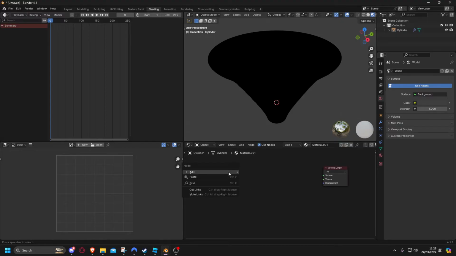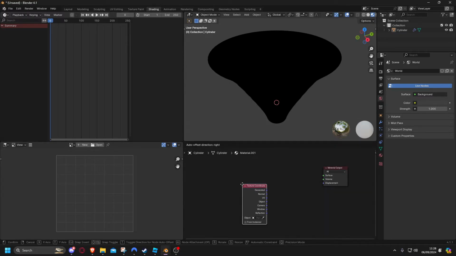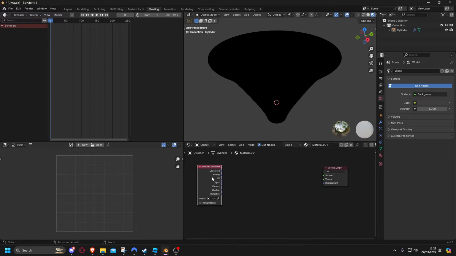To use this menu, you simply right click and you can add in things from these menus. But what I like to do is just hit the tab key and we can search for things. So the very first thing we're going to need is a texture coordinate. This is just a simple texture coordinate node because we're going to be using the UVs of our mesh. So if you click on the UV tab and